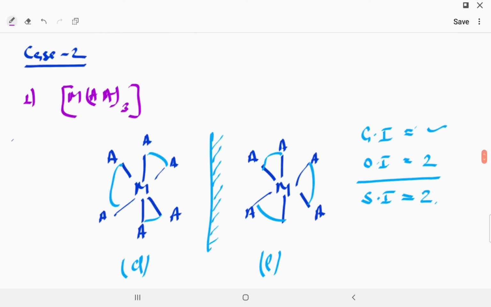Case number 2. In case number 2, you are able to see that in this we take symmetrical bidentate ligands. Okay, in this A, all are bidentate ligands, M(AA) whole thrice. You are able to see that this will show dextro and levo, because only one compound will be there and there is no plane of symmetry. So we make a dextro and levo. This is dextro, this is levo, because they will show mirror images. Okay, so this will show only one geometrical isomer, but the optical will show, because there is no plane of symmetry. So total stereoisomerism is 2.